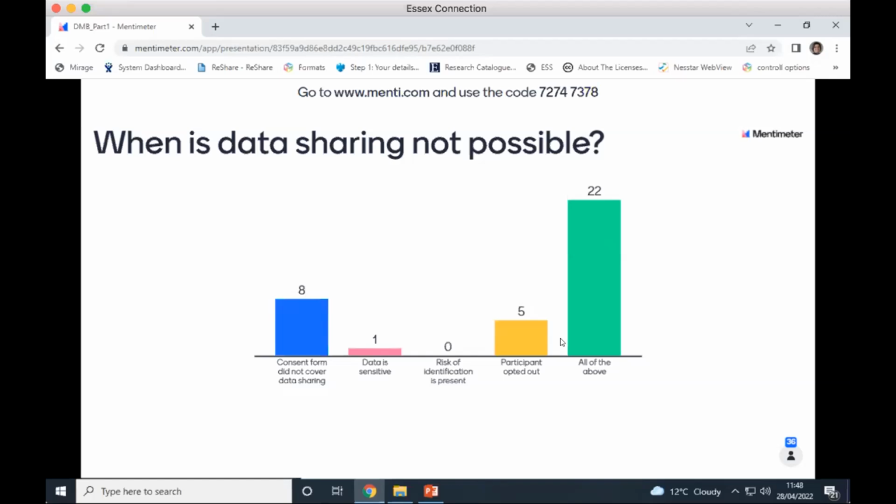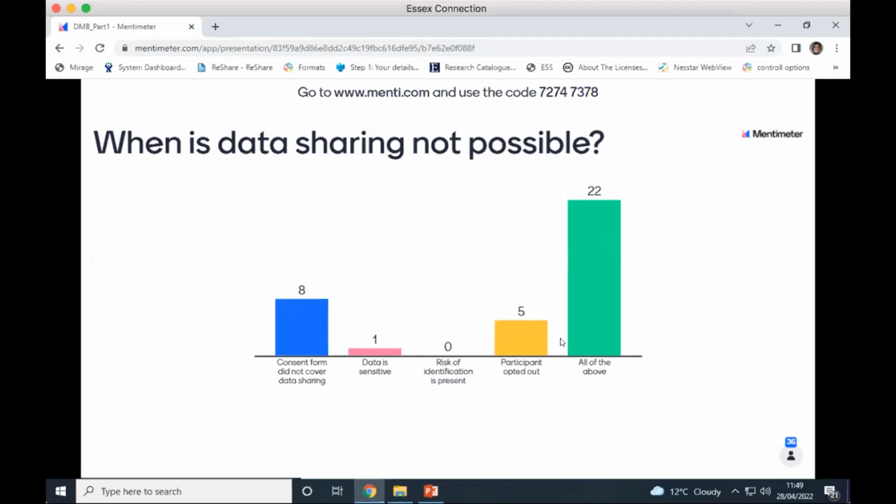Another option, the data is sensitive. Again, I can point you to so many data collections that we hold at the UK Data Service where you would consider the data to be sensitive. And of course, that's why we talk about pseudonymization, and we talk about access controls. Depending on the amount of detail and sensitivity in the data, we apply access restrictions. And again, please have a look through our data catalog, because there are quite a few